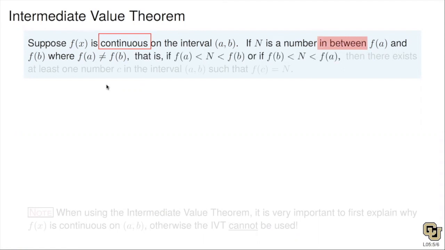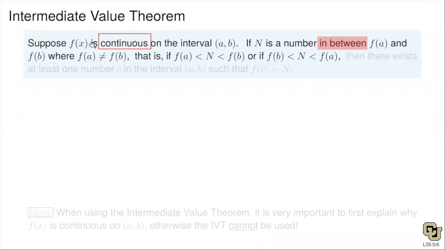I mean either N is greater than f of a and less than f of b, or N is greater than f of b and less than f of a. This depends on if f of a is bigger than f of b or if f of a is less than f of b, if you're dealing with an increasing or decreasing function. So either way, N is a number in between, and that's the hypothesis. So if you have a continuous function and N is in between f of a and f of b,